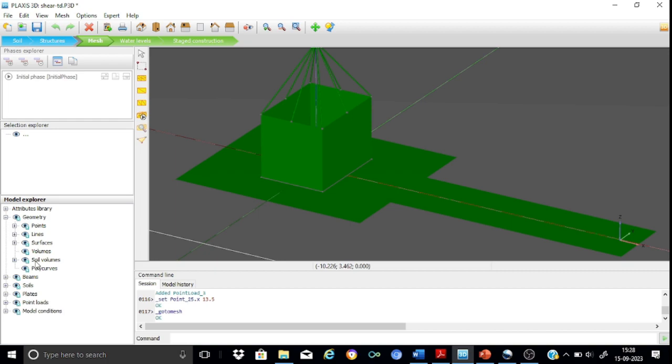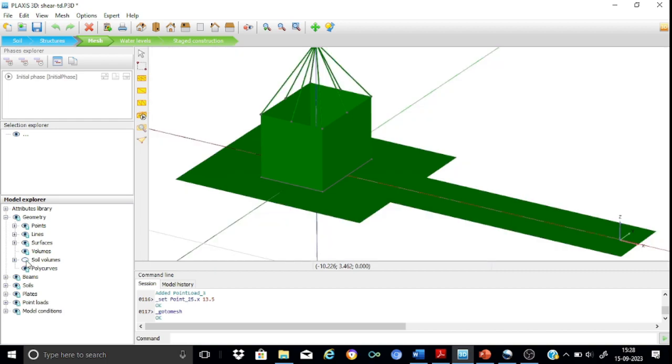I want to keep the volumes off so that I will be able to see the other elements properly. So let me first select this foundation element. You can see that right now the fineness factor is 0.5. I want to refine it further. So what I can do is that I can press this refine mesh option and just double click it: 0.35, 0.25, 0.17768. This is okay for me. So I will refine this foundation element first of all,